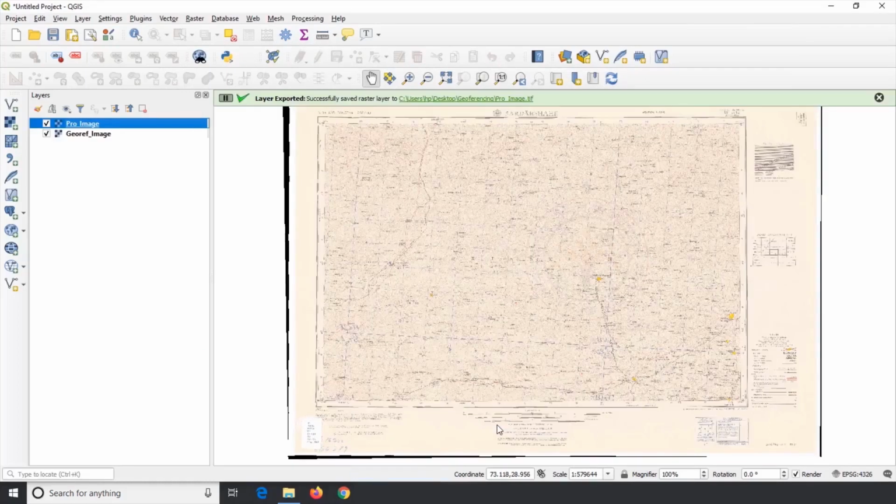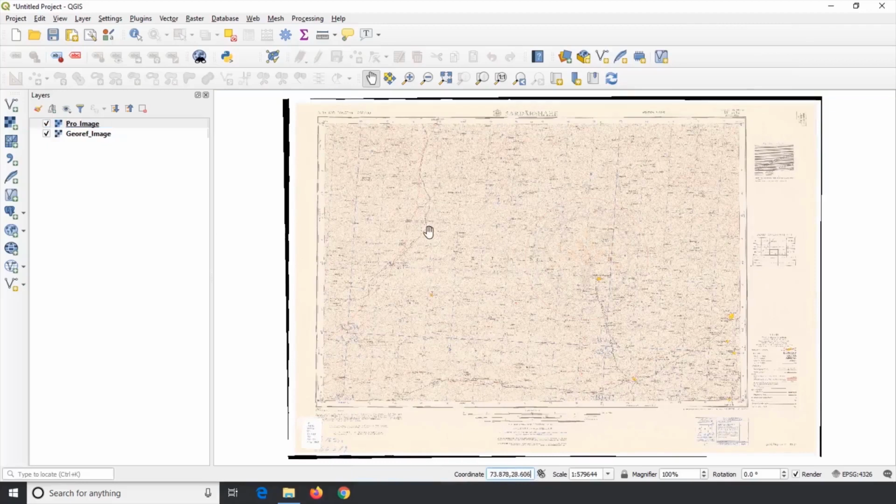Now you can see the projected image on the canvas. Move the cursor on the map and see the coordinates on the status bar. Still it is showing the latitude and longitude values, which belong to geographical coordinate system. As this project was working with geographic coordinate system, it shows the latitude and longitude value even after opening the projected coordinate system map.